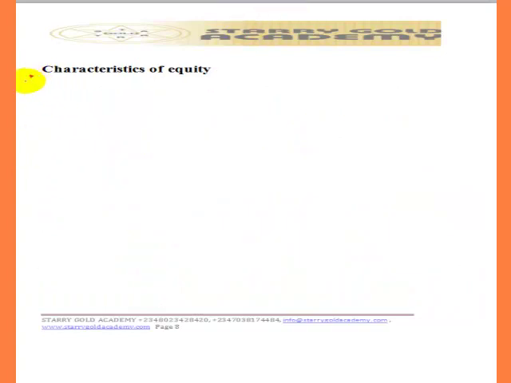Then let us look at characteristics of equity. We have a lot of characteristics of equity. Equity also is not a written